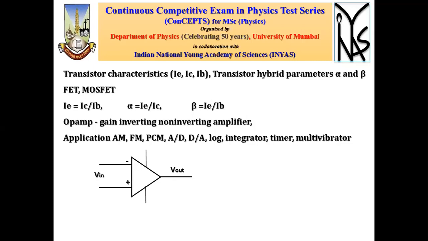If you have a non-inverting amplifier or inverting amplifier condition, then you have to look for the gain. So for the inverting amplifier, it is minus RF upon RI, and for non-inverting, it is 1 plus RF upon R input. Also, people can attach some of the devices